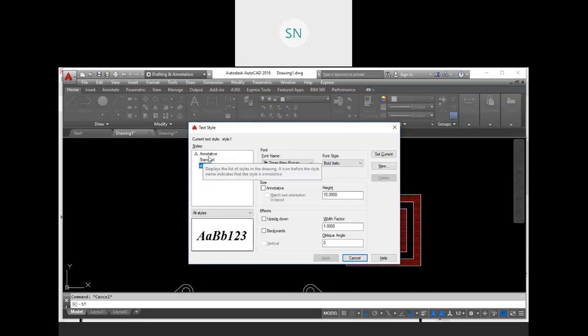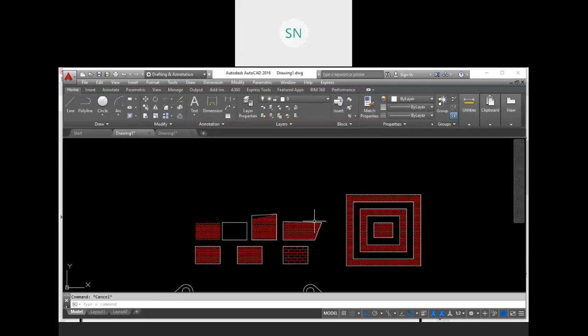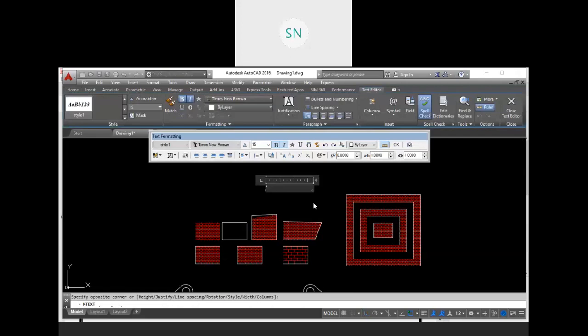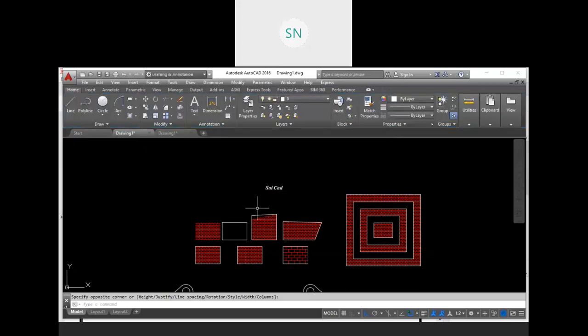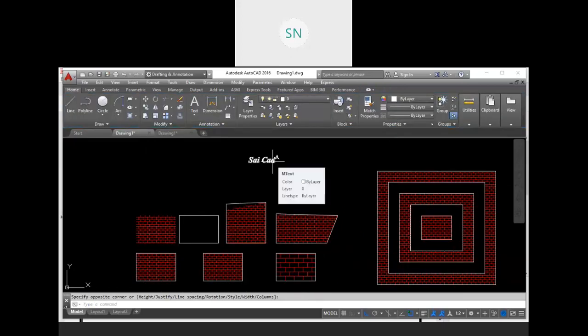So we can create annotative text also. For example, let's press multi-text. Here is our multi-text, and we are going to turn on this annotative option, and type something.